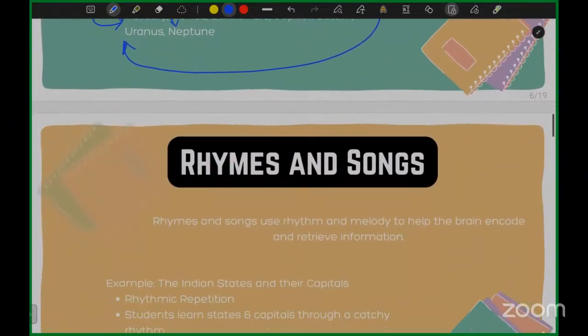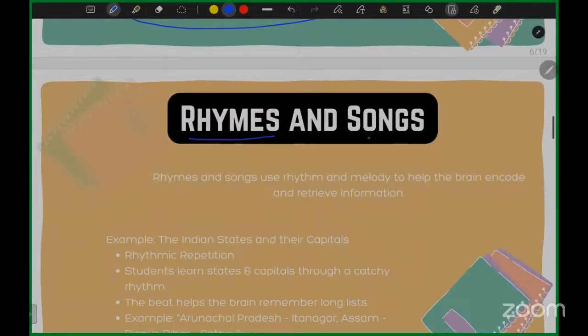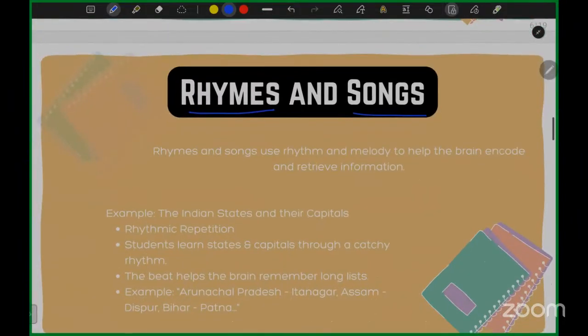So we move to the next part, which is rhymes and songs. Basically, I will not teach the students in this part, rhymes and songs, as we are from an Islamic point of view. I will not teach students to read this like a song or rhyme. I don't used to do that. But as it is one of the types of mnemonics, and generally in day-to-day scenarios, students are very prone to remembering songs and rhymes easily, because when they are going outside or traveling, they hum and sing songs a lot.